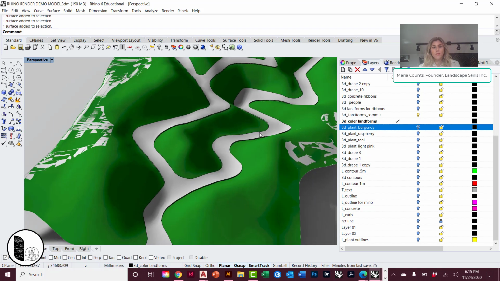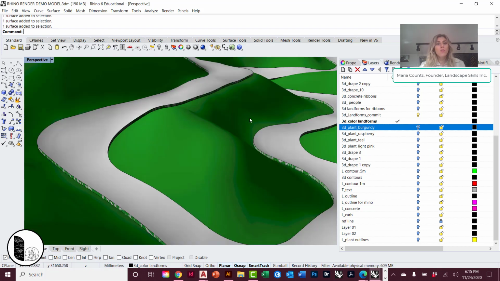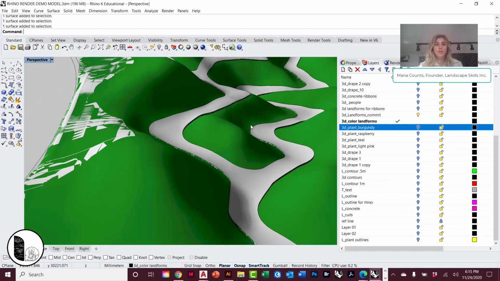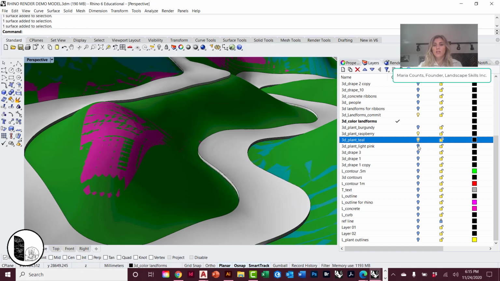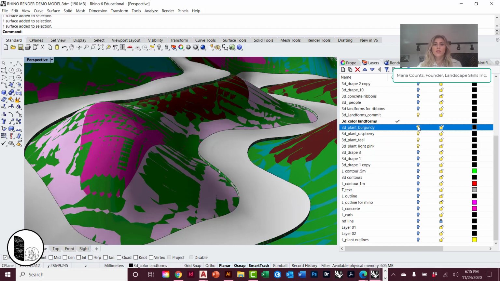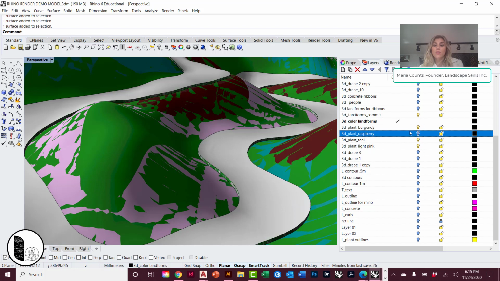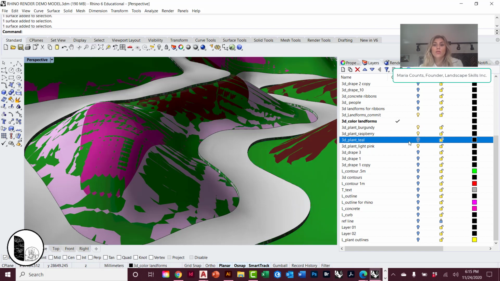Burgundy, turn those off. So that would be just one color. If you wanted to save a different view so that you can come back to it, and maybe you want to try different options, maybe a version where the landscape is all green versus an option where all the planting with the different colors is showing up versus just the stair step version versus exporting lines or whatever you want to do, that would make sense to save that actual view so you don't have to try